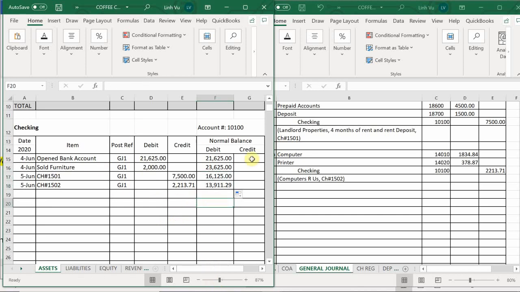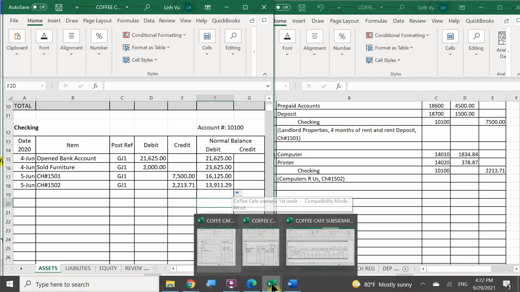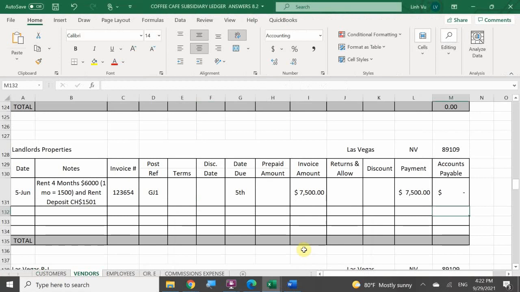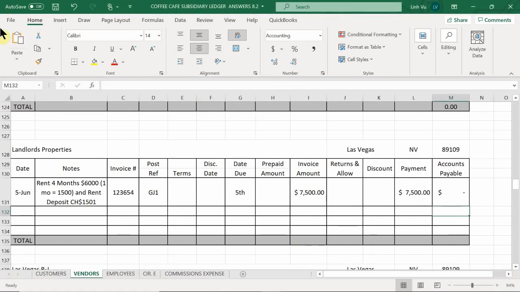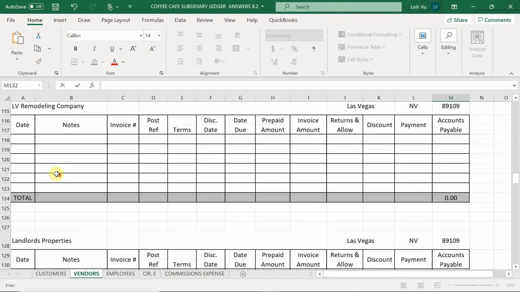Okay. Good. So we updated our ledger and we updated our journal, Checking and then the Checking ledger. Now we have one more person because we dealt with a vendor. We dealt with Computers R Us. So I'm going to go to my vendors and locate Computers R Us,